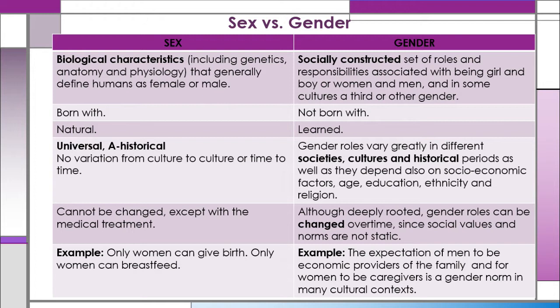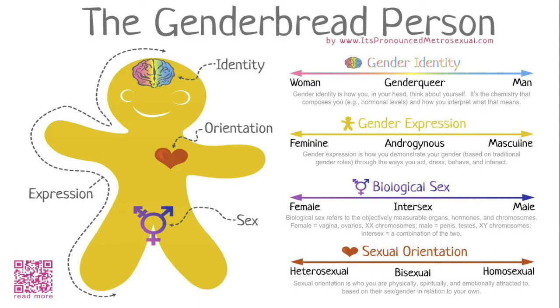Whereas gender refers to socially constructed roles, behaviors, expressions, and identities of girls, women, boys, men, and gender diverse people. It influences how people perceive themselves and each other, how they act and interact, and the distribution of power and resources in the society. One way to simplify many components of gender identity, gender expression, sexuality, and biological sex is